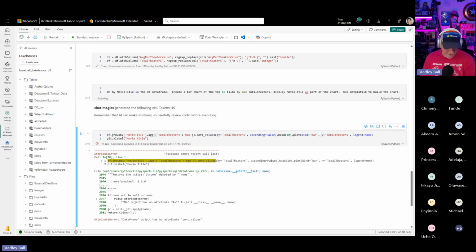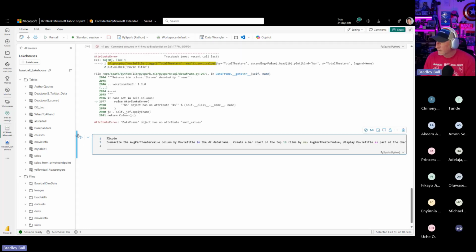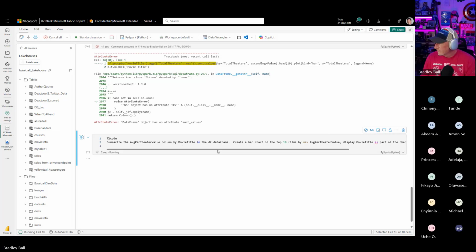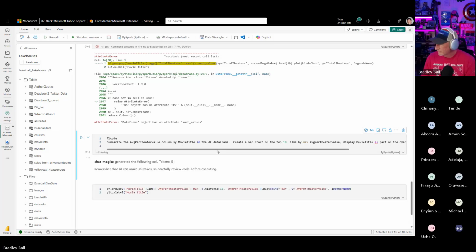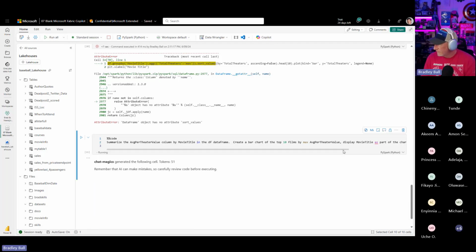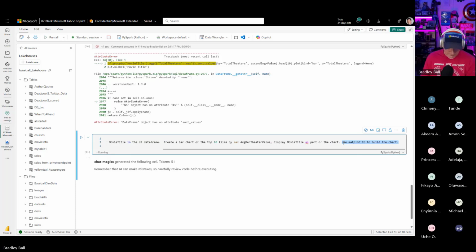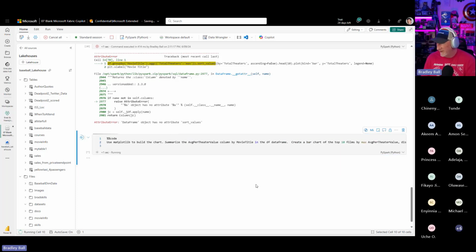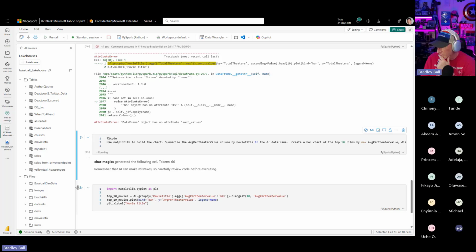Let me see if I can get something different with the next chart I was trying to get. Yeah. Let's see if we reword this, because here's the thing. Working with these models, it's all about how you ask the question, right? Prompt engineering, for the most part, is how you ask the question to something. Whenever I get this chart successfully produced, it's because it uses matplotlib. Okay, here we go.